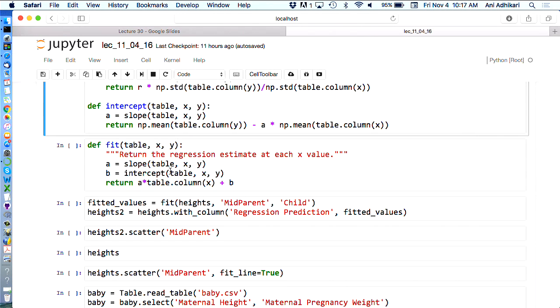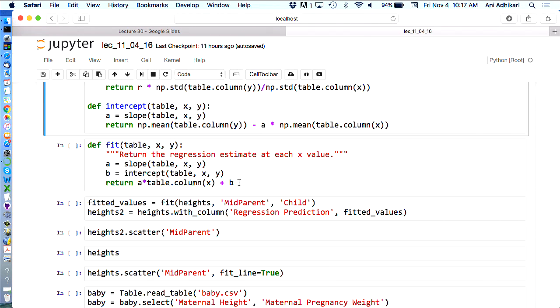It is an array. Do I need to read all of this before figuring out that this is an array? How can you, from this and what you know about tables, just tell me that that's an array? Dot column produces an array. You are multiplying an array by a constant, that gives you another array back. You're adding a constant, that gives you another array back. That thing is an array.